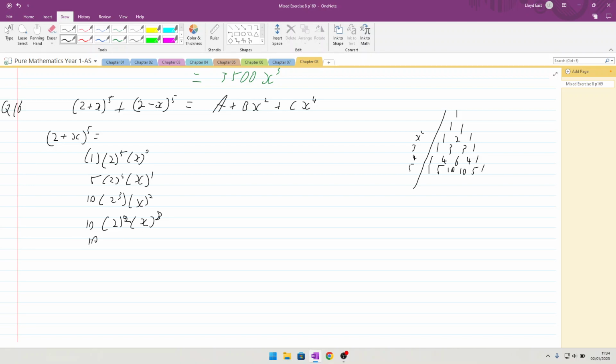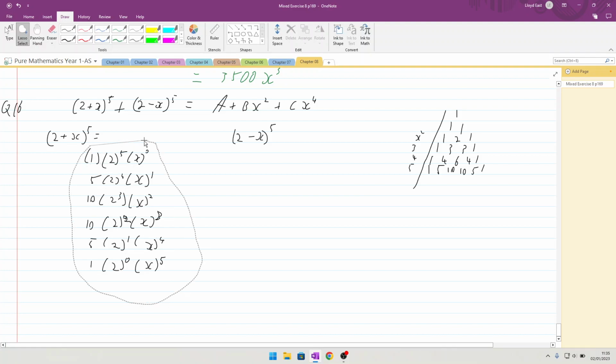Going down, and just following the Pascal triangle, 5 times 2 to the power 1 x to the 4, and 1 times 2 to the power 0 x to the power 5. Okay, and then (2 minus x) to the power 5 is going to be equal to all of that,